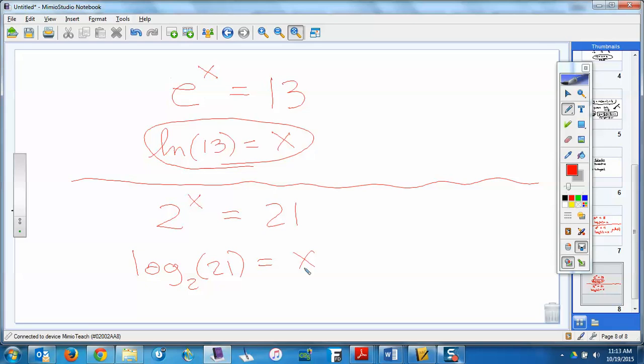Well, you did. You guys, I'm sure, always use log 10. You can do any log you want, actually. But it's log 21 divided by log of 2. But it can be any log you want. Since it can be any log you want, and I'm telling you the one you want is natural log, we're going to change that into ln 21 over ln 2. And that's going to be our answer.